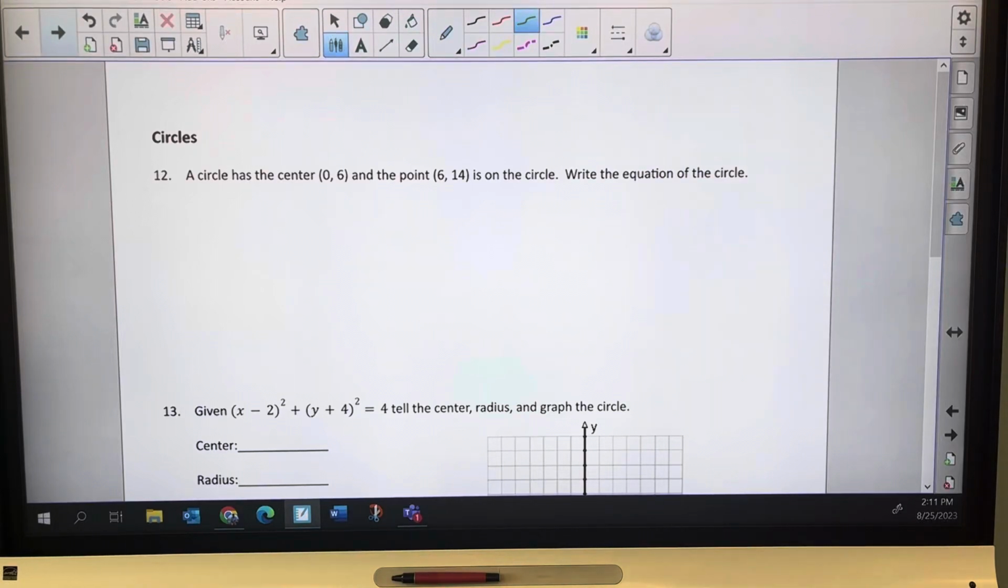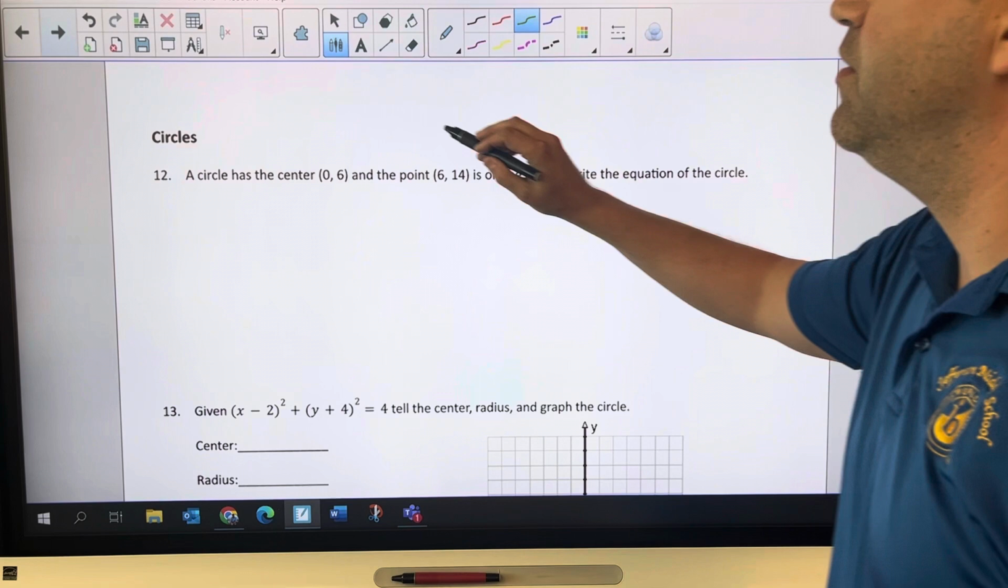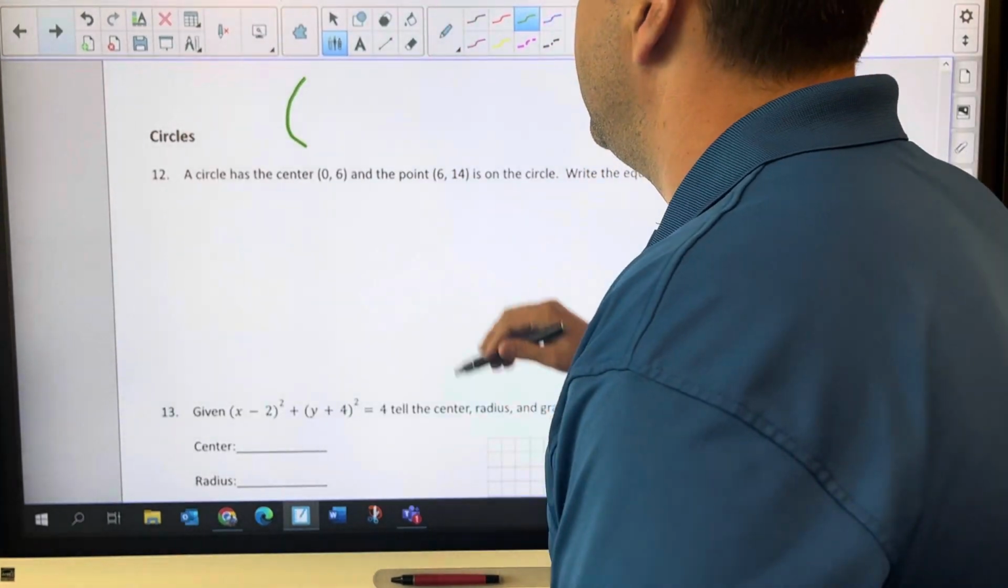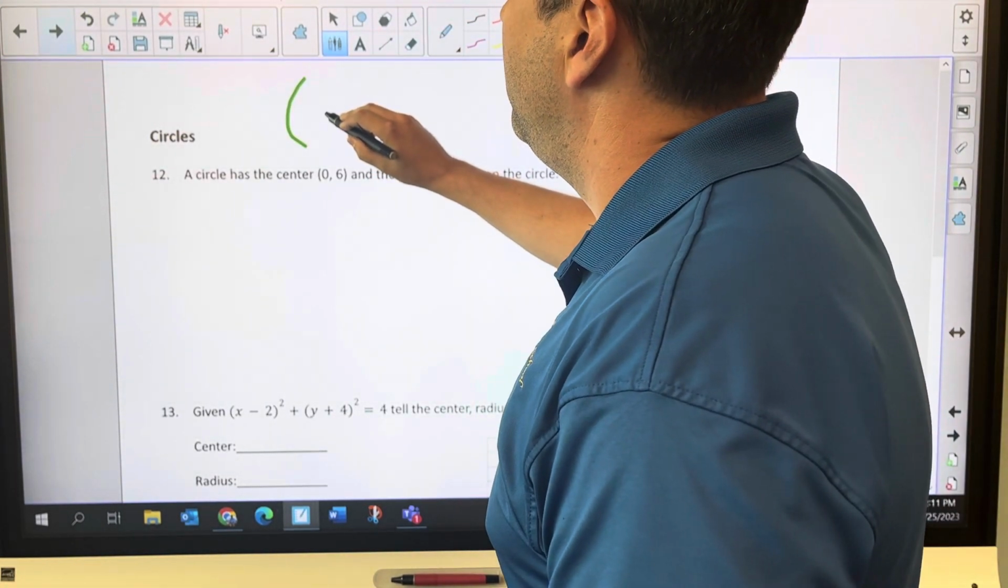And now circles. Circle as center. All right, so first of all, remember that equation for a circle is on the formula sheet. This is not something that you'll ever have to memorize. But we do have